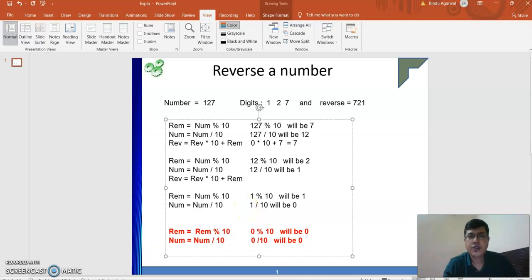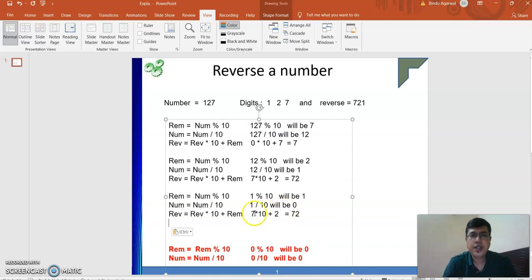Now what is the value of rev? The value of rev is 7. So here we have 7 multiplied by 10 plus 2, which gives 72. Again I will copy this.